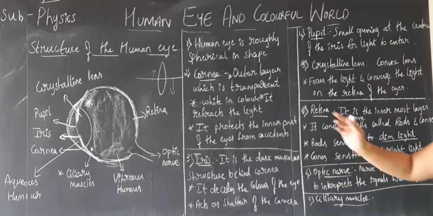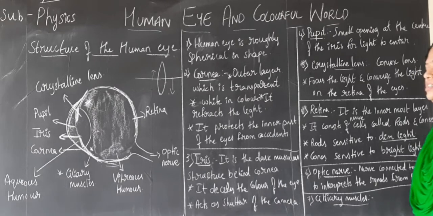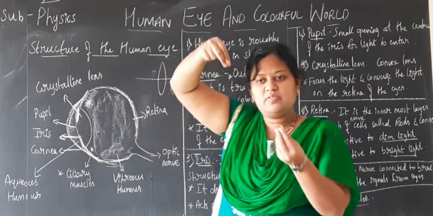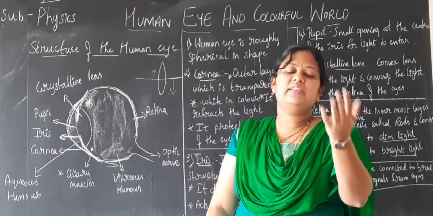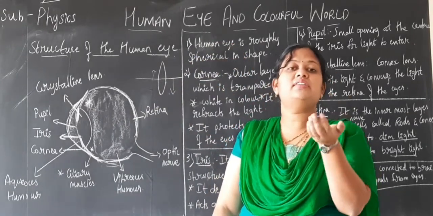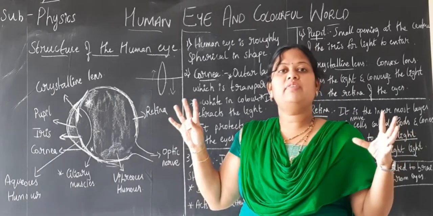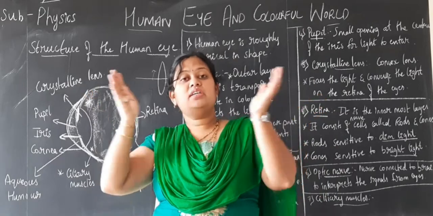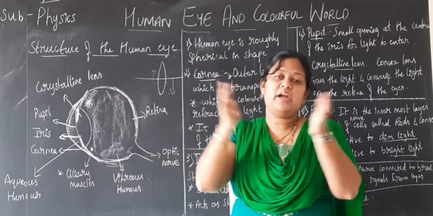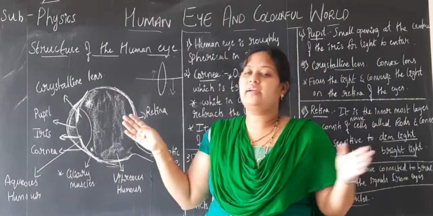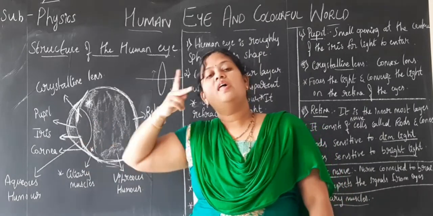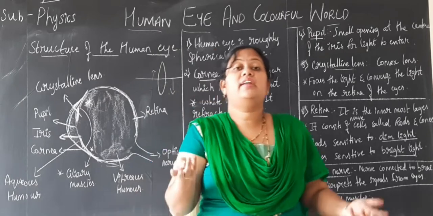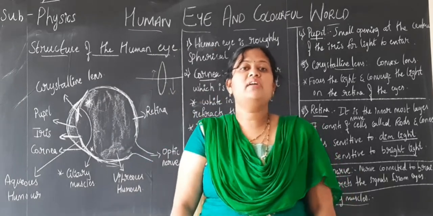Next is the optic nerve, which I already told you about. Next are the ciliary muscles. As I said, ciliary muscles are the muscles which are holding the lens. The lens present in our eyes is a flexible one. So as and when you widely open your eyes or close your eyes tightly, the ciliary muscles get expanded and contracted, and hence the lens is also flexible accordingly. So the ciliary muscles hold our crystalline lens, that is, the convex lens of our eyes.